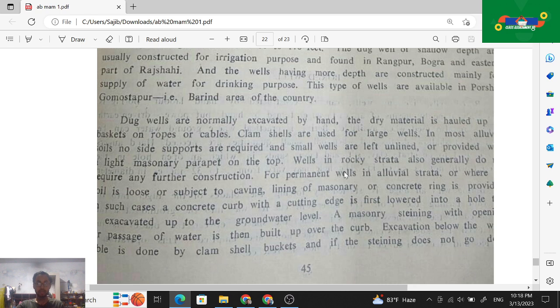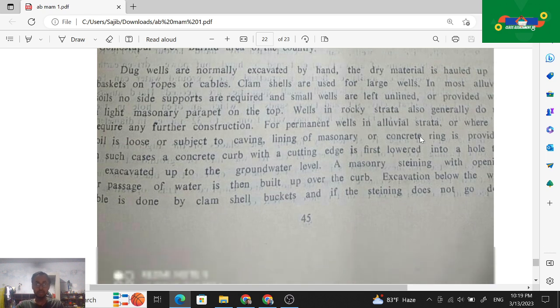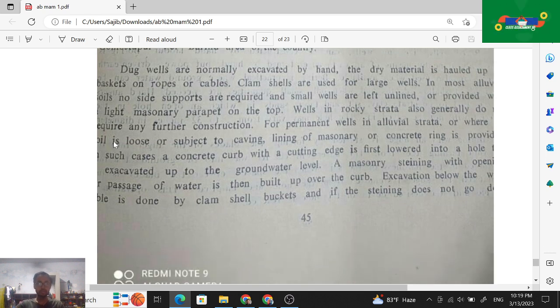For permanent wells in the alluvial strata or where the soil is loose or subject to caving, lining of the masonry or the concrete ring is provided. In such a case, a concrete curb with a cutting edge is first lowered into a hole excavated up to the ground level, and a